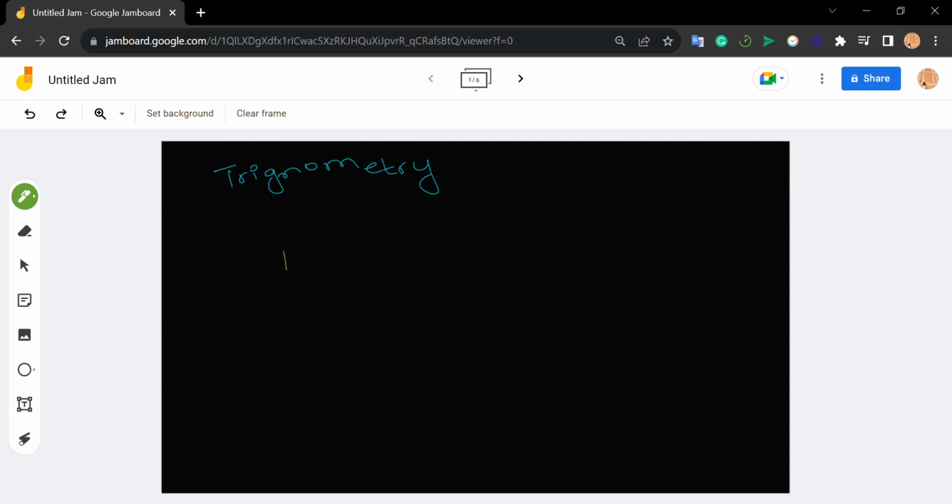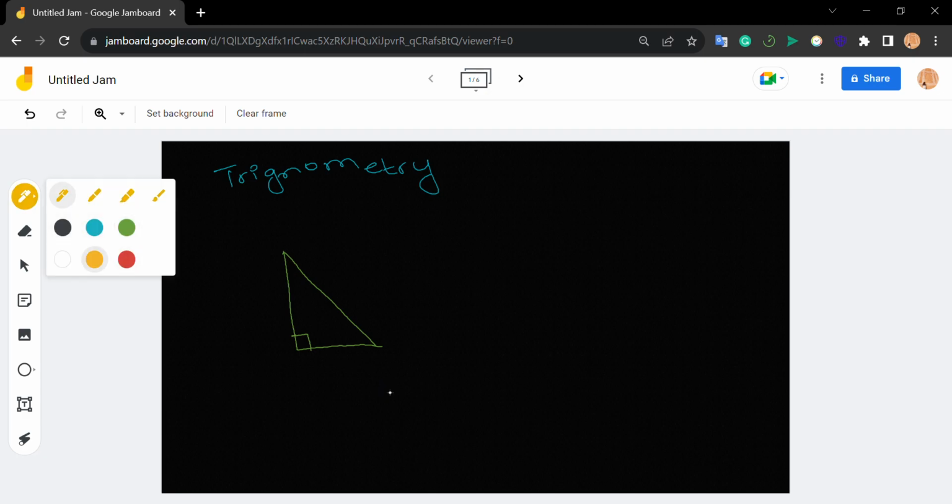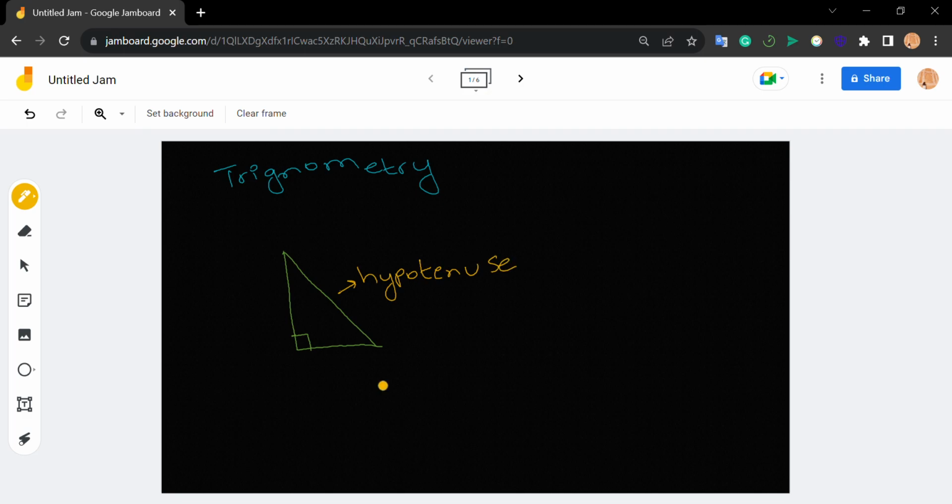So first I'm going to draw a right angle triangle. You need to use a bit of your imagination because I can't get this perfect. So this is, let's assume, a right angle triangle. Now what you should already know in this image is that the side opposite to the right angle, which is going to be this side, is termed as the hypotenuse. Okay, so you should always know that the side opposite to the right angle is the hypotenuse. Now there are two other terms that you need to know, which is the opposite side